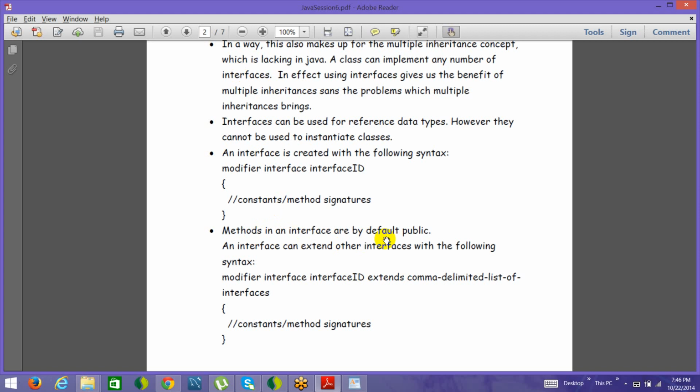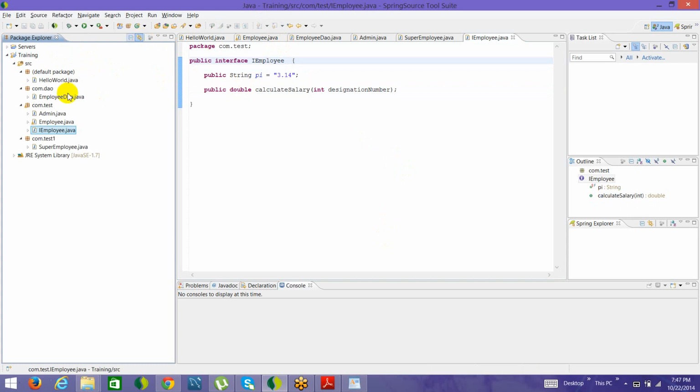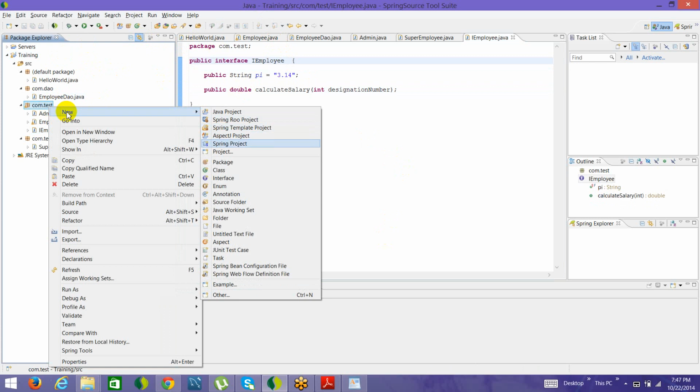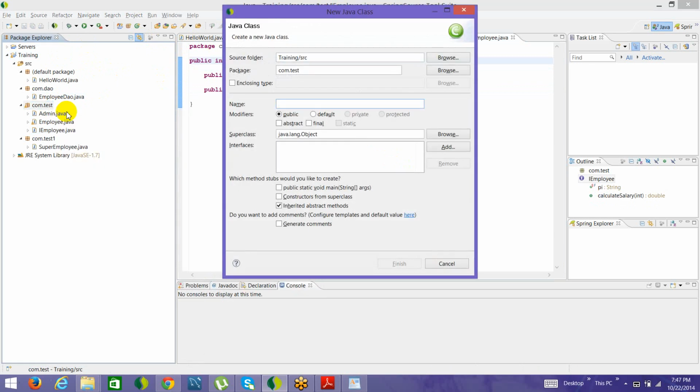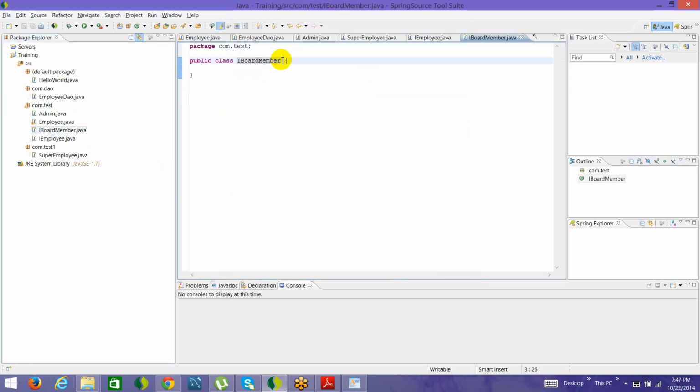An interface can extend other interfaces with the following syntax. So we have given the option of inheritance even in the interfaces. Like say IBoardMember. So for example, I define an interface IBoardMember, right? So let's go there and define it. Okay, now this IBoardMember interface which I have written can extend other interfaces as well. For an example, it can extend